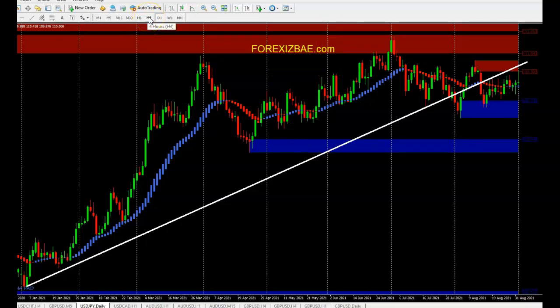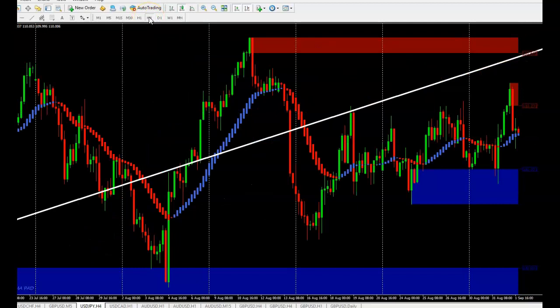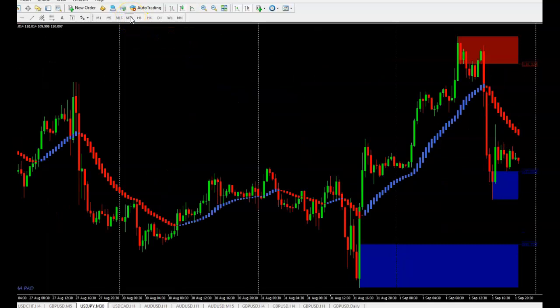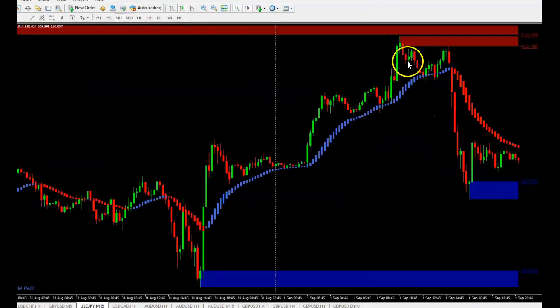Again, I'm going to break this down. I go to my 4 hour. I see, okay, I have gone underneath my trend line. I'm going to my 1 hour. I'm way underneath my trend line. I've actually hit a zone. Okay, I'm going to go to, not even my 30-minute, I really don't use that one, but I'm going to go to my 15-minute, and whoa, that's showing me so much